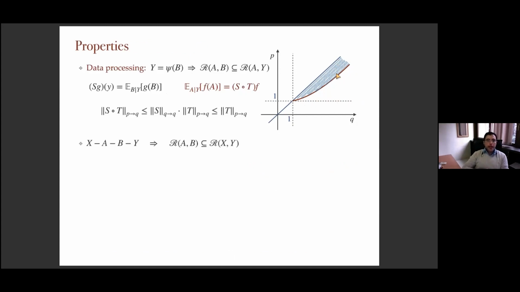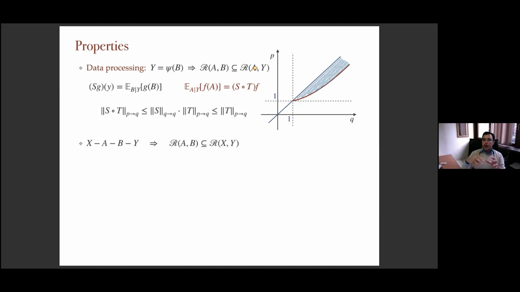Let me prove the data processing. It's similar to the proof of the data processing. Well, I should say the second proof of the data processing inequality for this maximal correlation. If Y is a function of B, then the hypercontractive ribbon between A and B is a subset of the hypercontractive ribbon between A and Y. So by local processing, the hypercontractive ribbon gets larger and larger. Okay, and it makes sense because